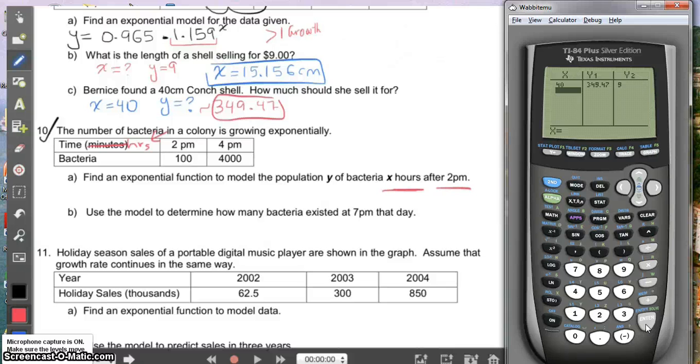After 2 p.m. So basically think of 2 p.m. as your 0. It's your reference point. And then at 4 p.m. it's going to be 2 hours from 2 p.m. So that's going to be 2. So when you actually enter it in your calculator,